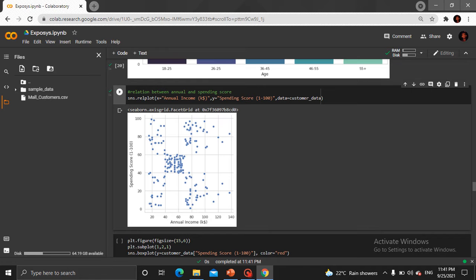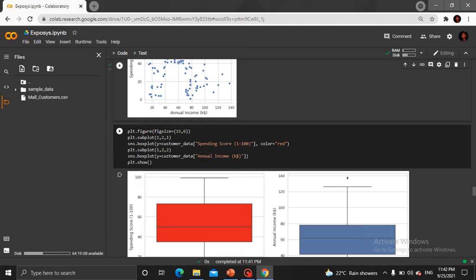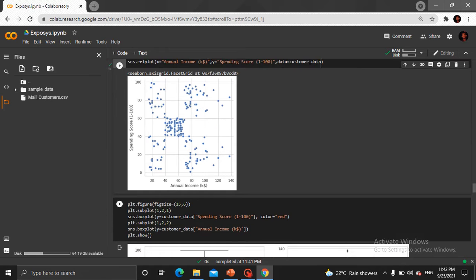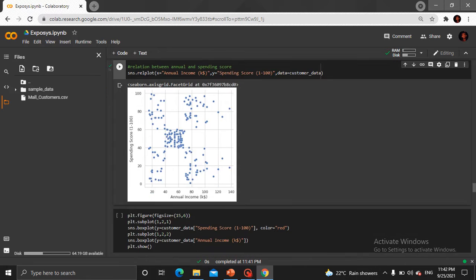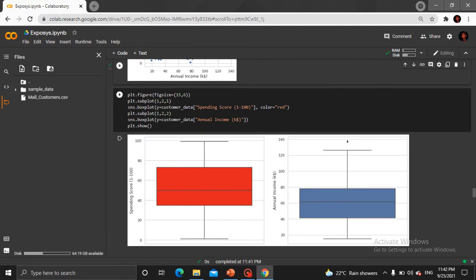You can see the relationship between annual income and spending score. In the next step, it is just the same representation of annual income and spending scores and their relationship again. You can use different types of graphs for this. So this is one of them. You can visualize this in this type also.